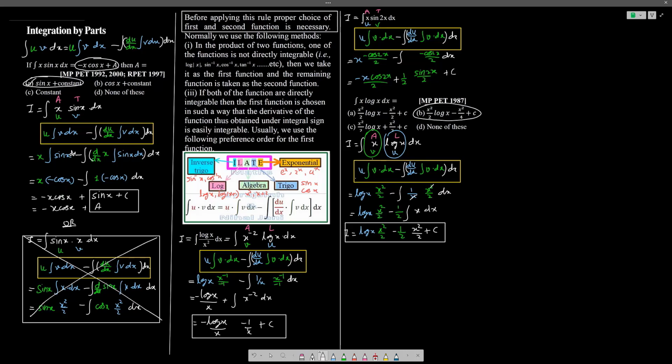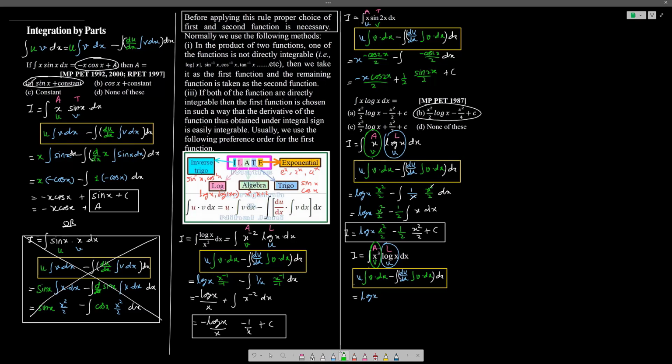Ta-da! Question number 6 type of question. Integration of x cube into log x. Akshat, tell me: logarithmic term and algebraic term. So log x comes first, so it will be selected as u, and x cube will be v. Now apply the formula, u as it is